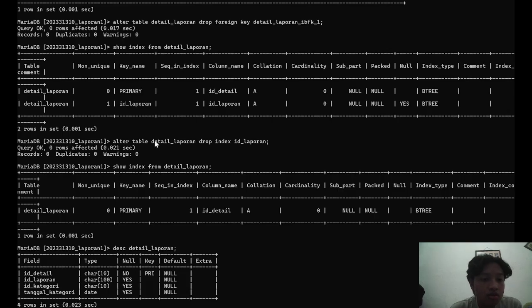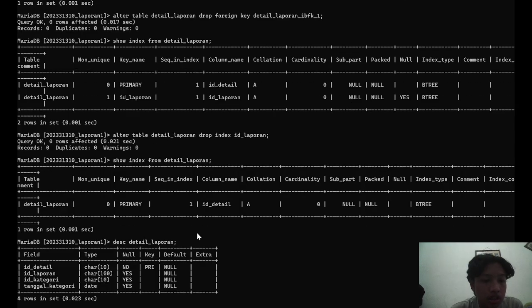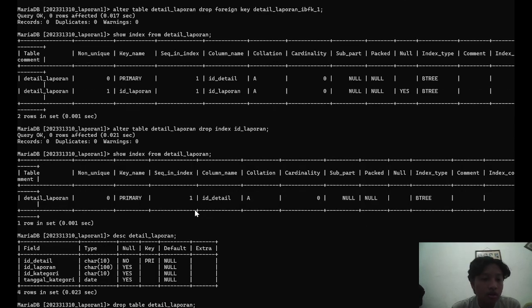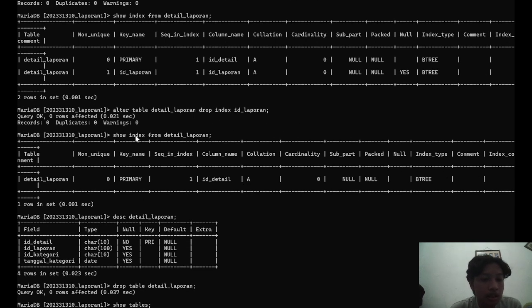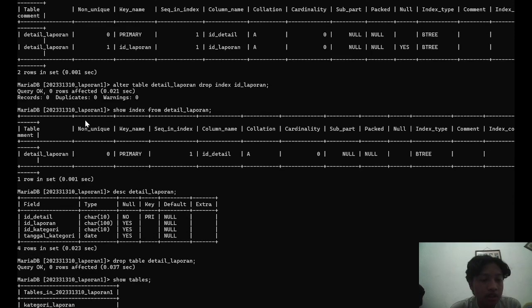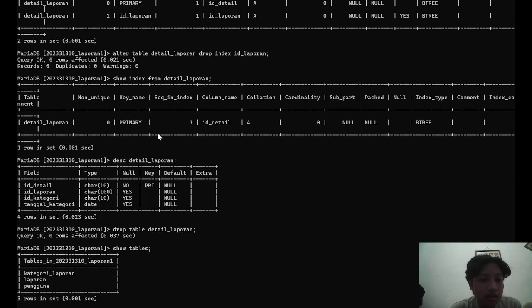I want to delete that ID laporan column in this index, so I use alter table detail laporan, then drop index ID laporan, and then enter, and I show the index from detail laporan again. Then it looks like this.